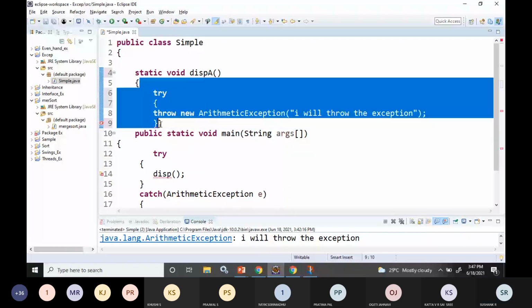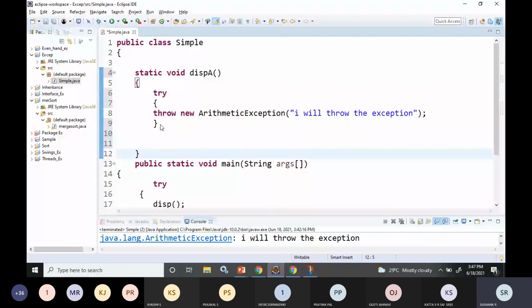So there is a function called display. I'm writing some exception, I will throw, with the function name display. This is just a message to know where we are. And after this, I will not write the catch statement. I will write finally.